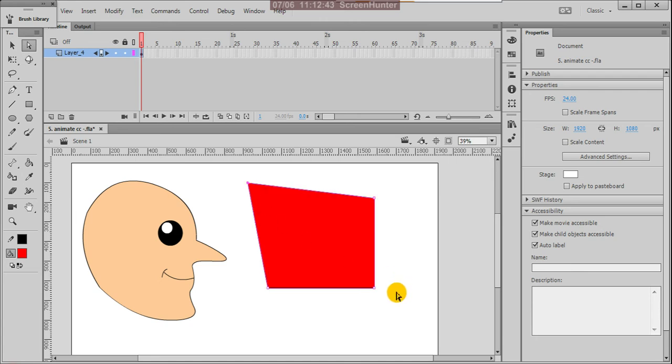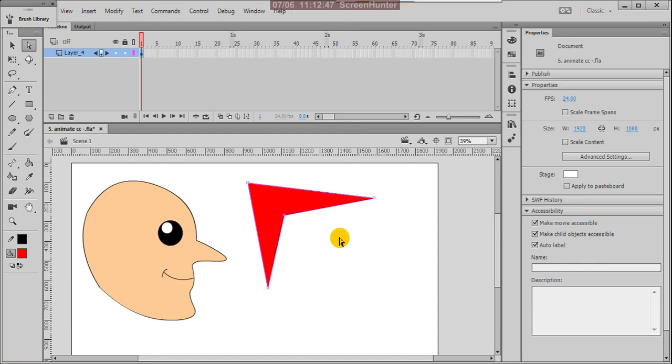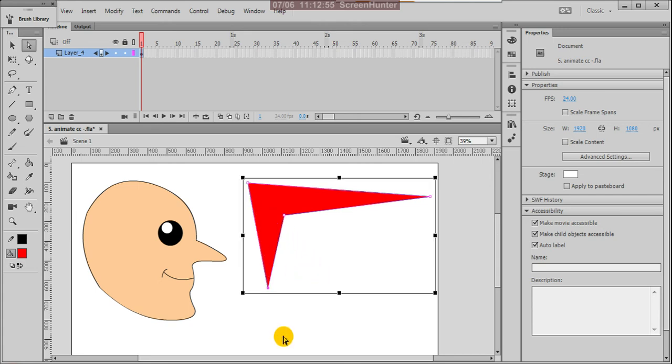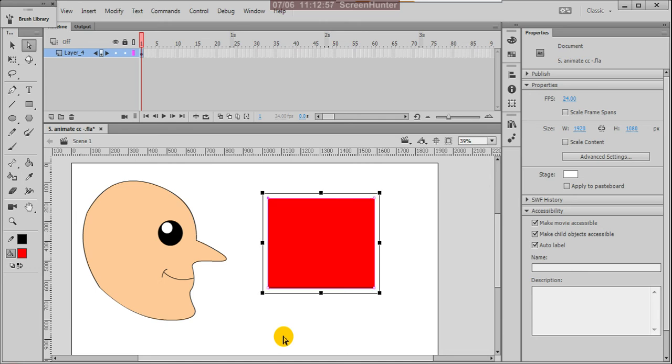On the other side also you can use this, you can drag. So that means this shape is constructed by these 4 dots, nodes only, 1 2 3 and 4.